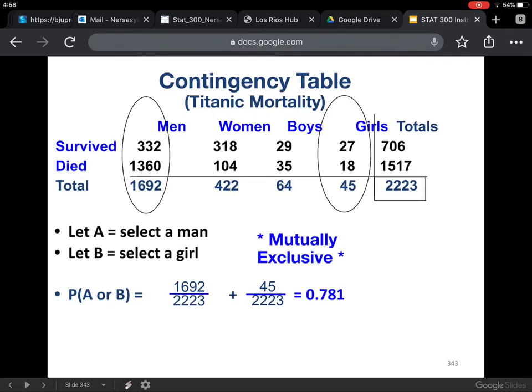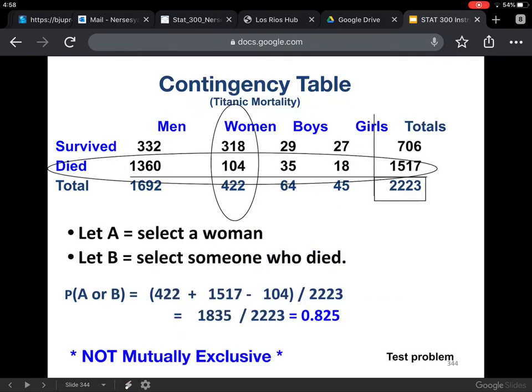Okay, that's the example of no overlapping. Let's take a look at when there is overlapping and we have an or statement. Let's let the event A, same table, contingency table, be a woman, and let event B be select someone who died, right, who didn't make it. Well, if you take a look at this and you want to look at all of the people that died, there's 1,517 people that died, and there are 422 women,